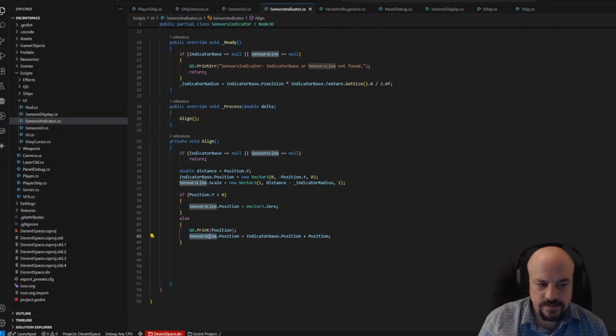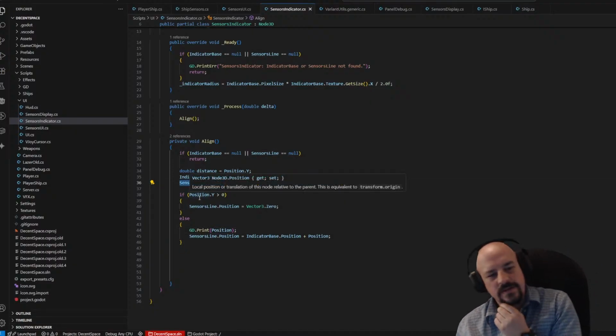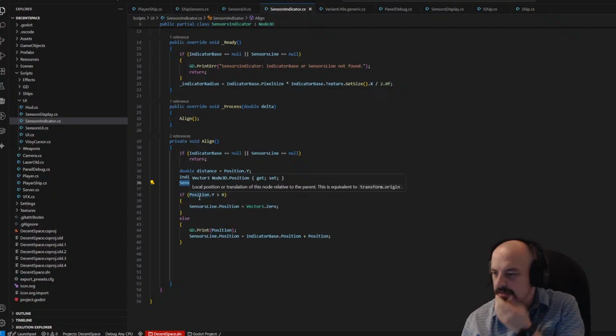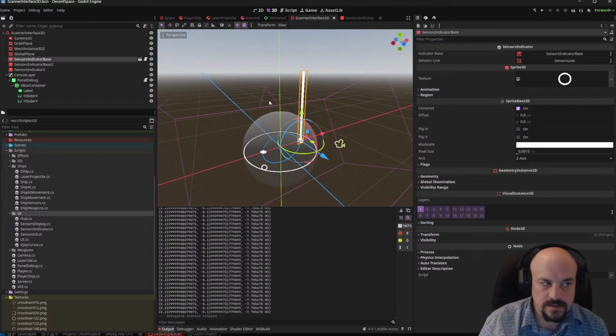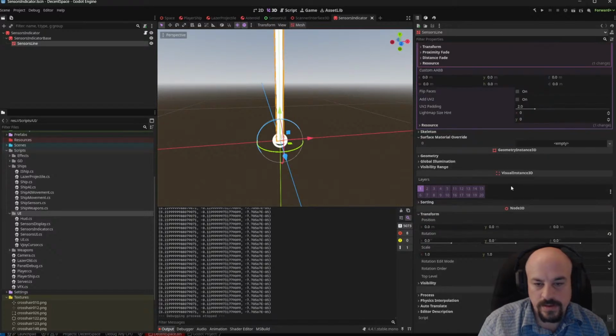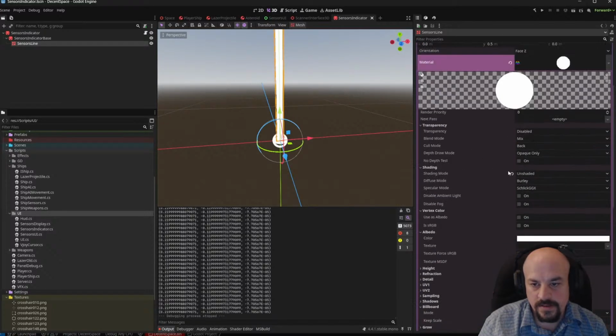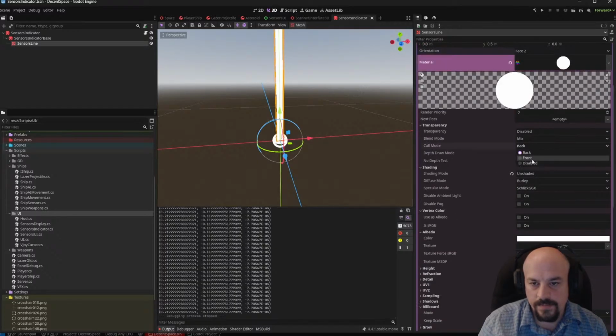Right, this sensors base. Because the issue is the scale is now set, right? This scale went minus. So I think, because the scale went minus, it flipped it and it's facing the other direction. Which means that technically, if I set the indicator base's line to be on the material side, to be double-sided, it would work. If we get rid of cull mode, you can actually scale minus and it would flip that way. And it would work, but it's not like